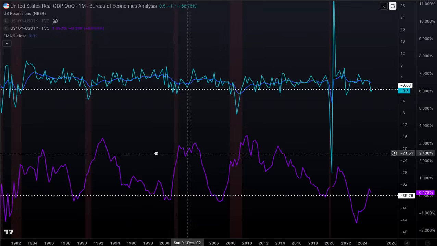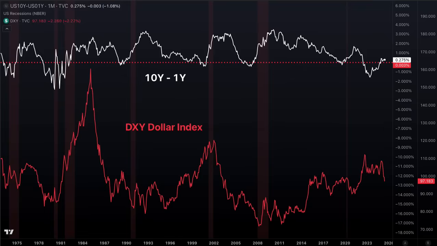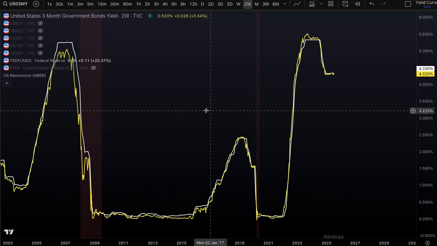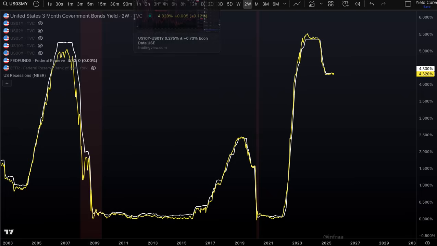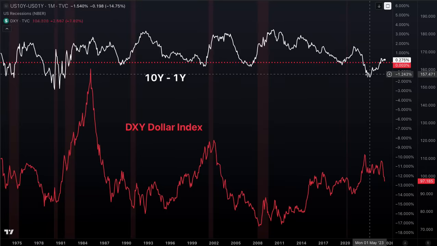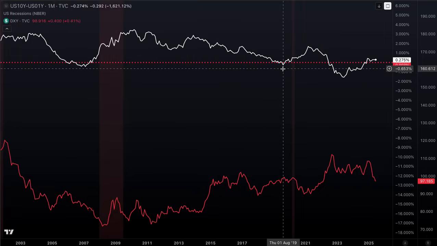And then again, down here, you can see the yield curve spread. But what I want to point out is something I think is just interesting given the video that we just did, is that the yield curve inverted before the 2019 repo crisis that we did the video on. So the yield curve actually inverted here in August of 2019, predicting, again, a recession and a cutting cycle by the Fed.